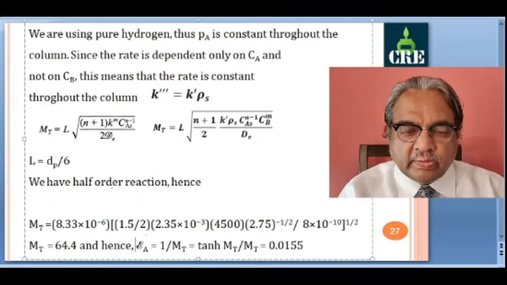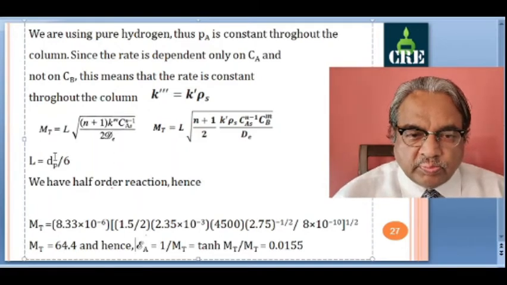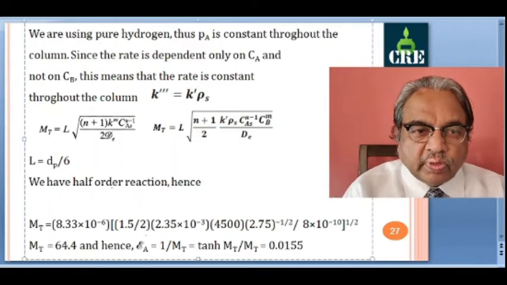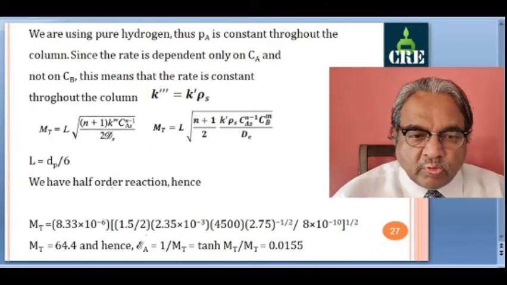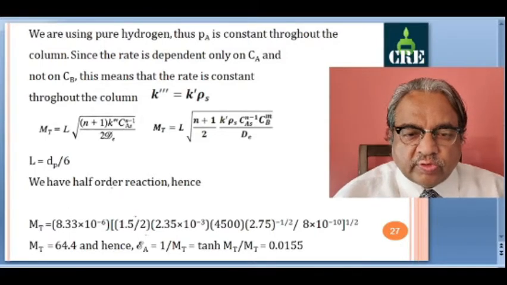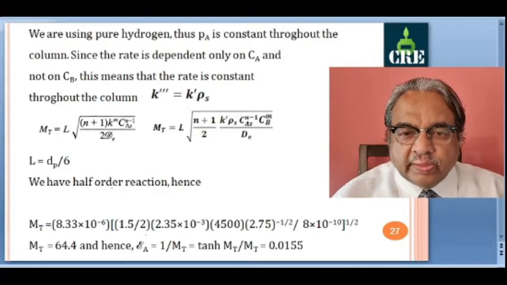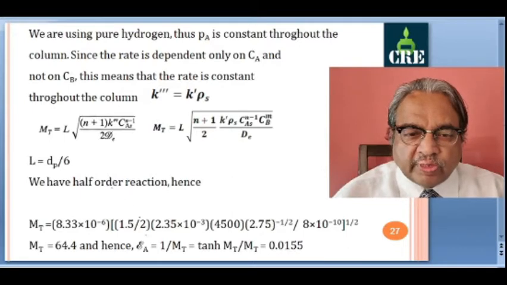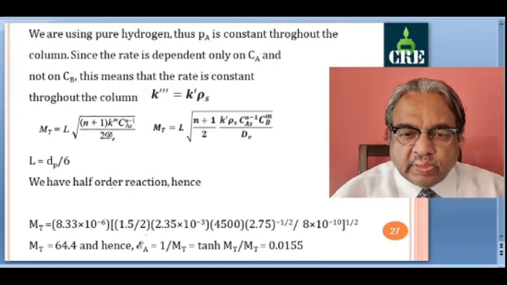Characteristic length L is dp by 6, this we know, and now we'll find out the Thiele modulus by substituting all these values. Reaction is half order with respect to A. So this dp by 6 comes out to be 8.33 into 10 raised to minus 6. N is half, so 1.5 by 2. Then the K prime value,